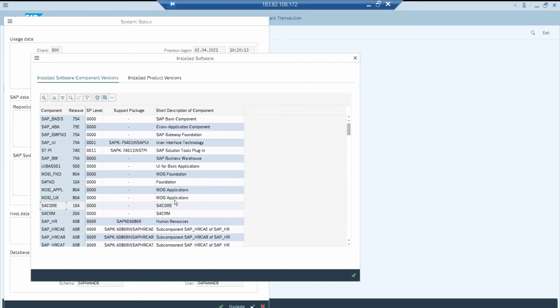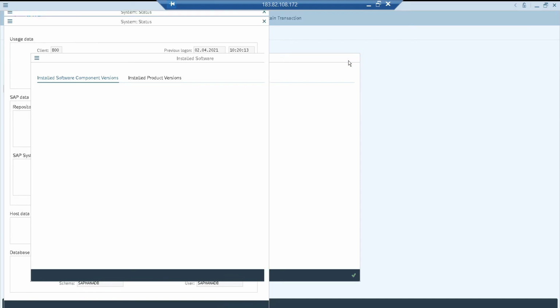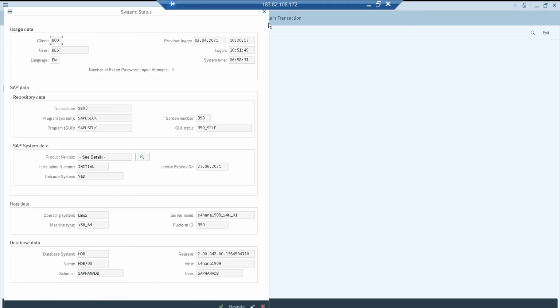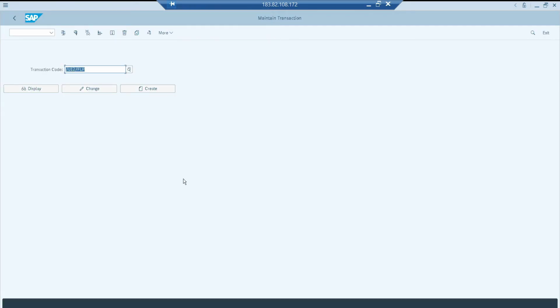If these components are not available, you have to ask your basis people or security people to upgrade this particular version, or you have to include it. The same way you have to find the note as well, and identify whether the SAP note is included or not. Probably I will show you in detail how to get that in a different video. So we are good enough, and we'll go to the Fiori